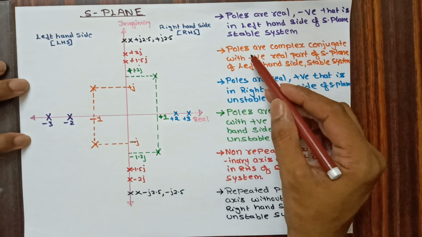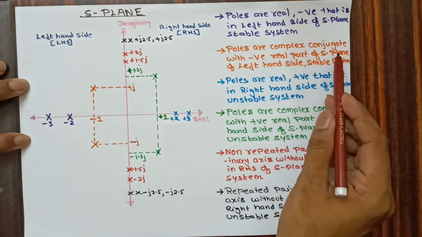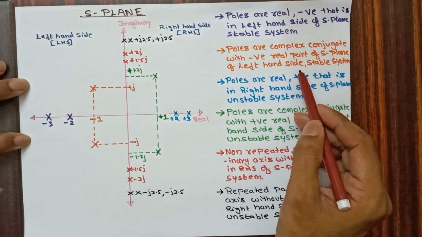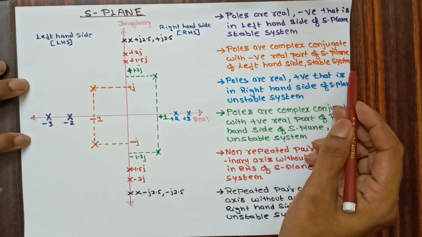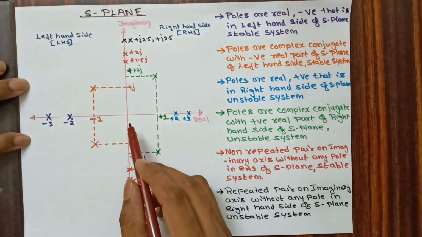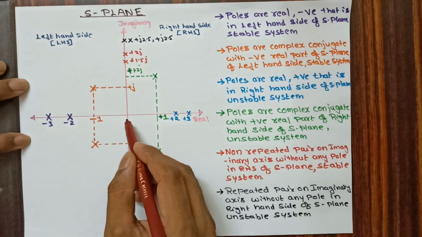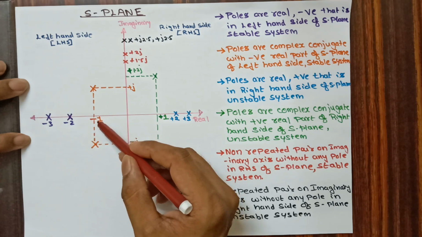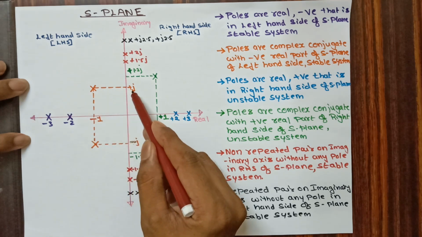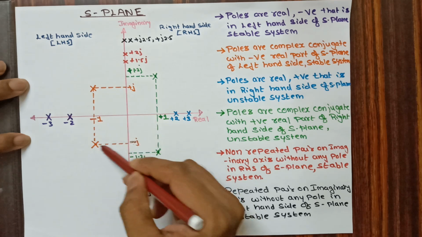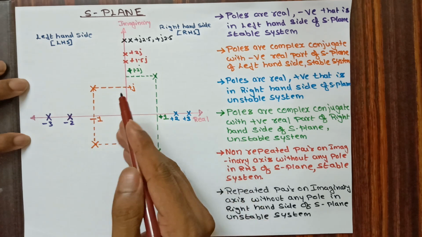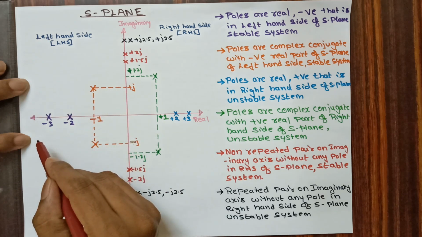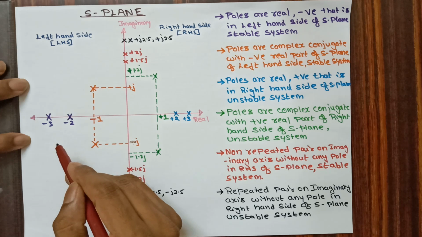Next condition, poles are complex conjugate with negative real part, on the left hand side of the S-plane, that is considered as stable system. You can see I have considered on the left hand side of the S-plane complex conjugate poles with values -1 plus j and -1 minus j. You can see these complex conjugate poles on the left hand side of the S-plane, therefore it is considered as